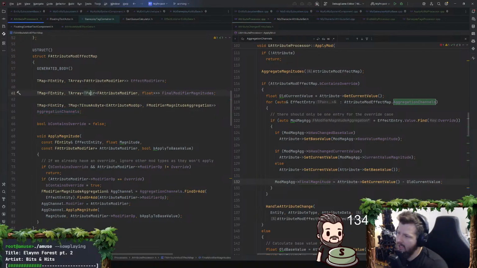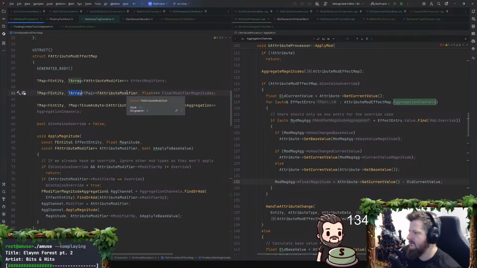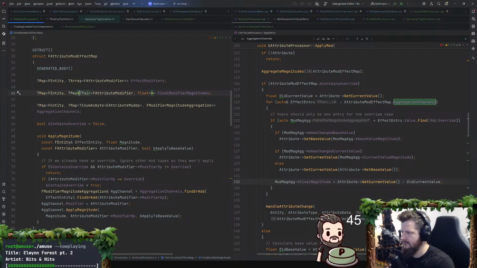It's an array of a modifier to float. Should this just be a TMap? I think this should just be a TMap. This is an effect to an array. Yeah, I think this should just be a TMap.